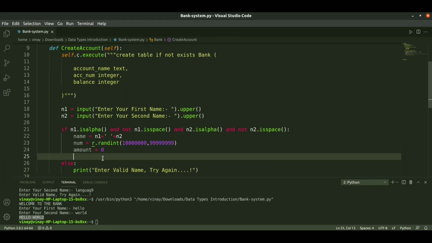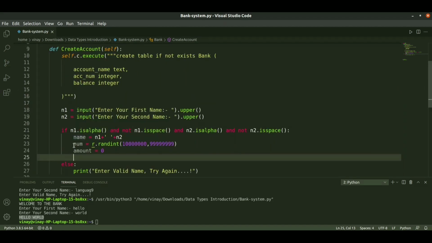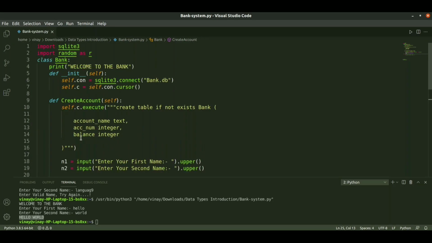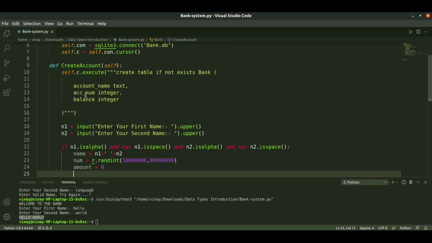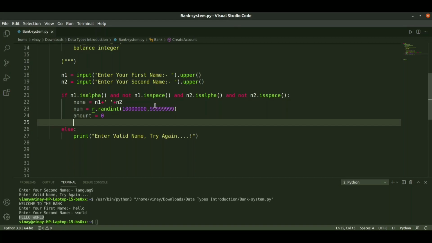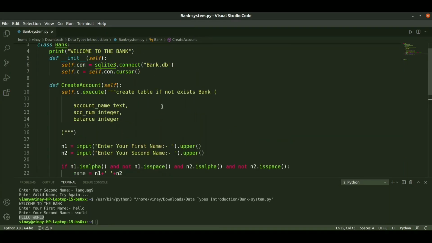So after this, now we need to insert this name, account number, and the balance amount in the bank into this account name, account number, balance of this database, I mean in this table.